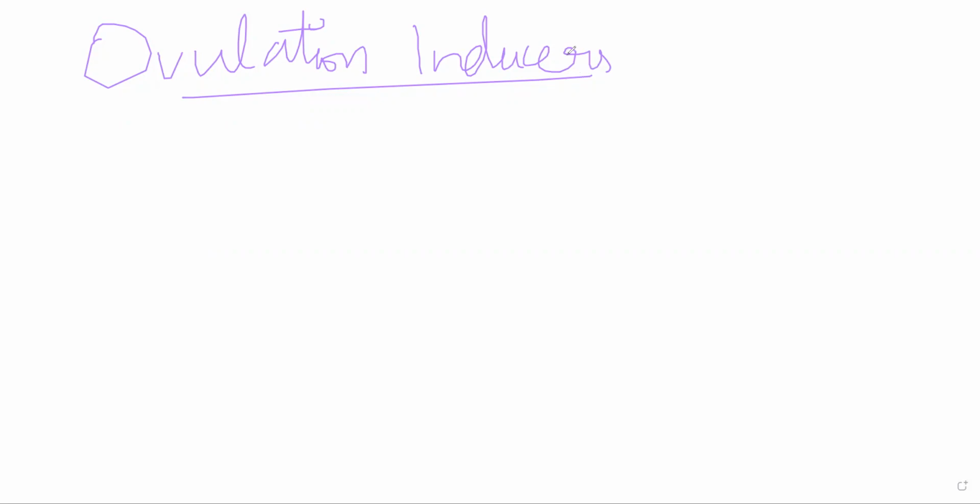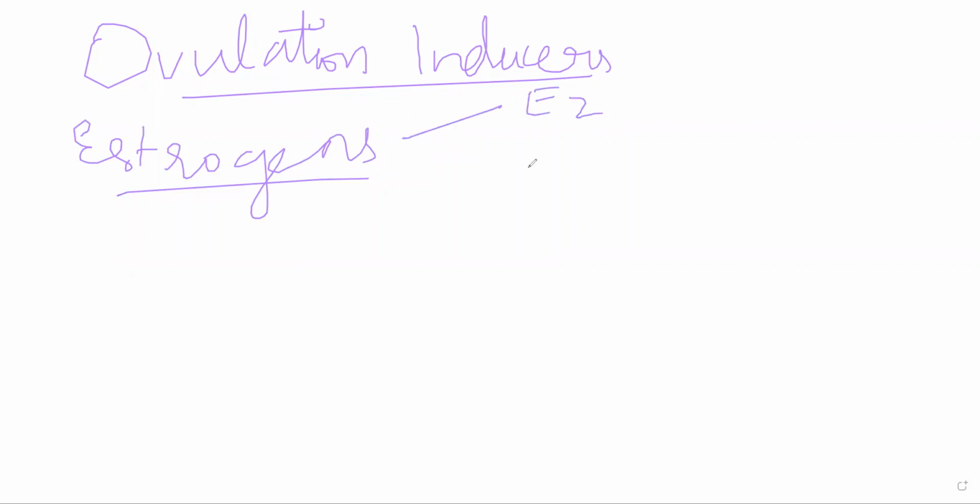Anyway, these essentially mainly include estrogens and progesterone. So first we'll talk about estrogens. Now there are three different types of estrogens. Obviously, you have the major estrogen, which is E2, estradiol. Okay, this is the most common one. Then there is E1, which is estrone. Estrone is generally present after menopause. Higher amounts will be present after menopause. And there is estriol, which is E3, mostly seen in pregnancy.